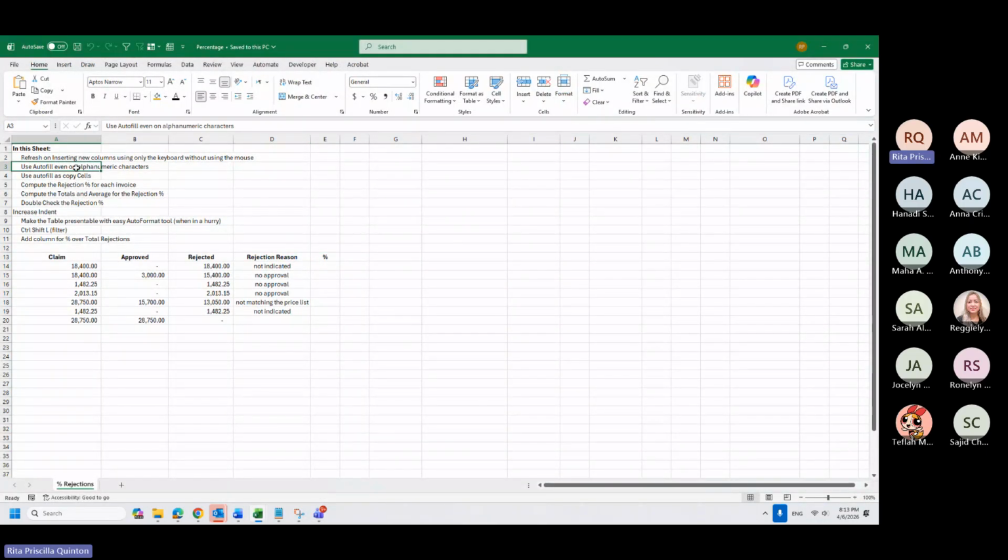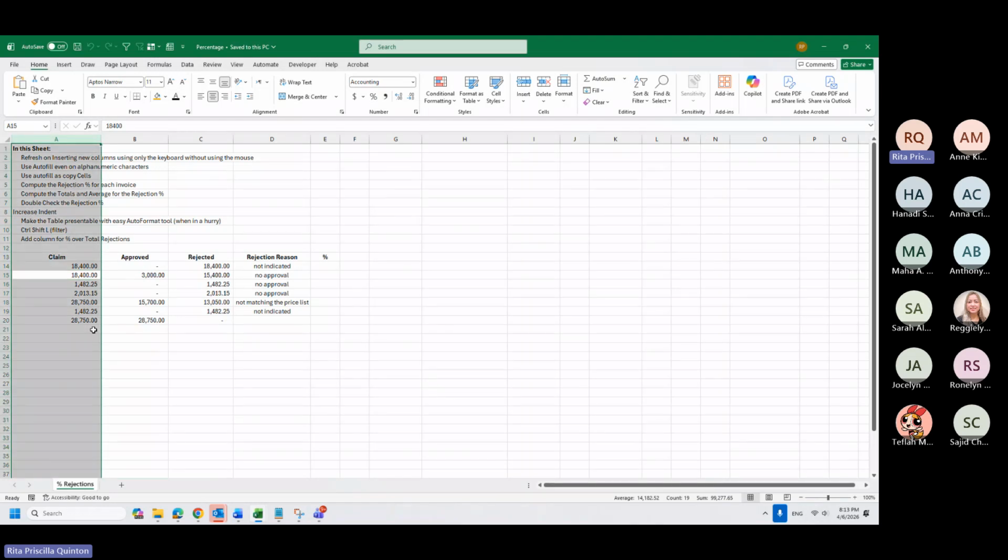First, I want to refresh on inserting new columns. For example, in this data that I have, I noticed already that there is no invoice number. So I don't know to which claim these amounts refer to. Yesterday, I taught you how to select the whole column, which is control space.